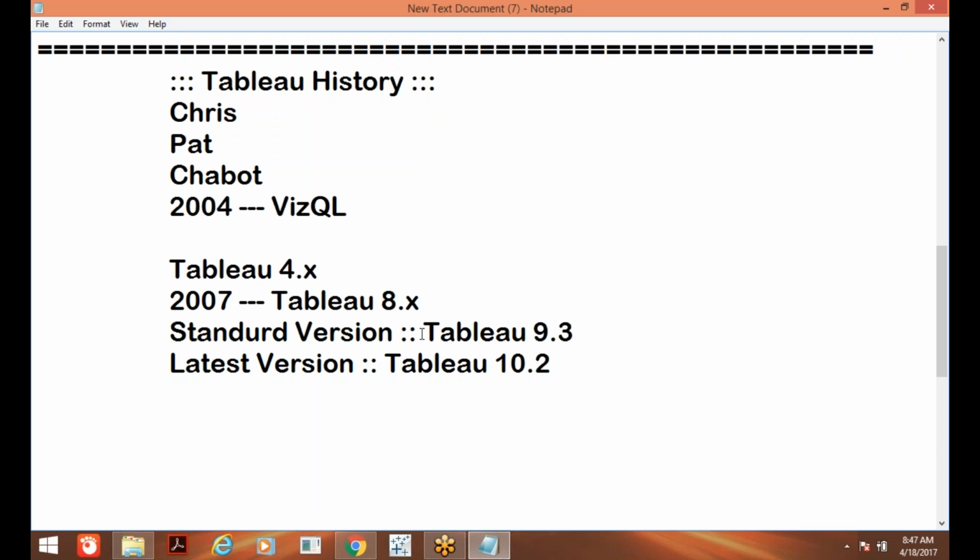But so many people are using Tableau 9.3 only, because in companies, when a new version is released, they won't go with the update very quickly. They have to check so many things, whether all functionalities are working or not. They have to go through the pros and cons. Then only can they update their software, right? So the most stable version is 9, and the latest version is Tableau 10.2, and a 10.3 build has also been released. That is not at all a version yet. Maybe in the next month we may get 10.3 also, I think. But here we are going to see every concept on Tableau 9.3 only.